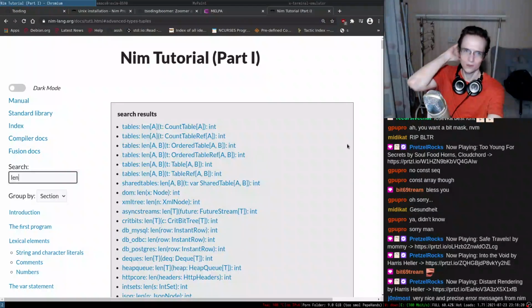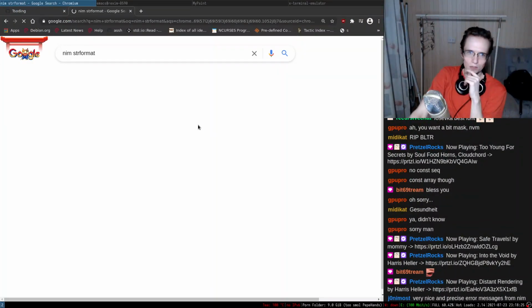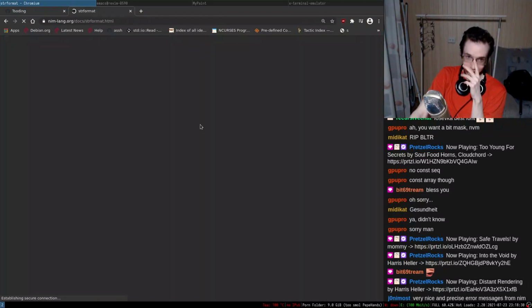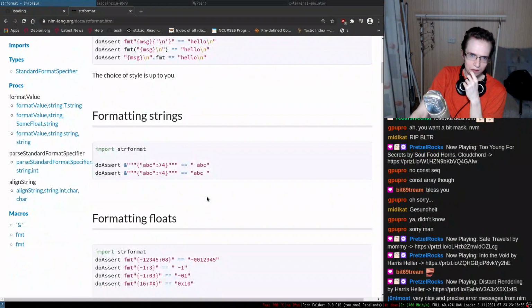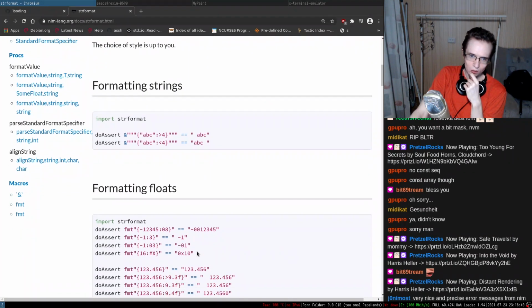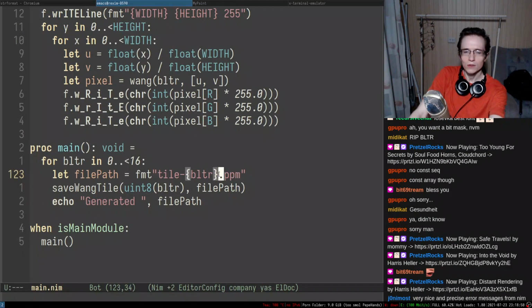Very nice, yeah. It's definitely an improvement over the C compilers, of course. So strformat, what's the format in here? Leading, so there should be some sort of a padding. Okay, formatting strings. You can pad, and I suppose you can also pad the numbers with 0. Yeah, you can put 0, 3. Okay, that's perfect actually. So I can put something like 0, 2 in here.